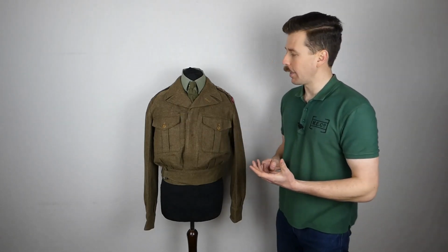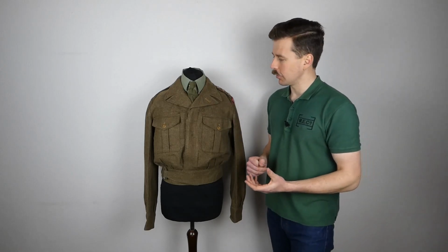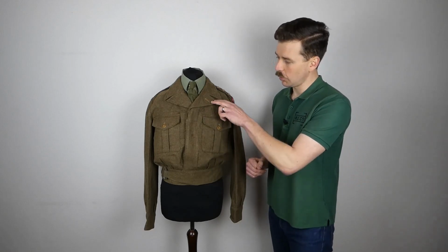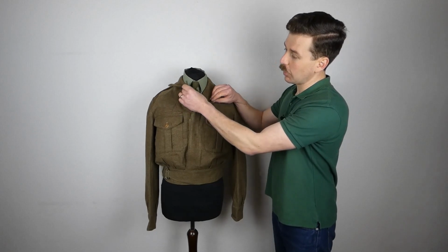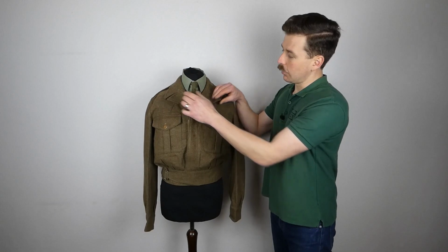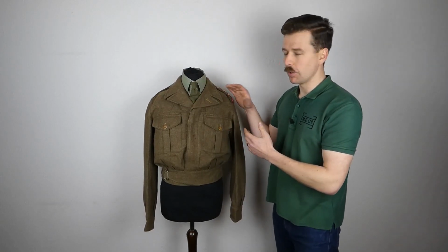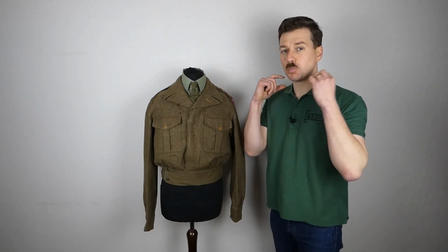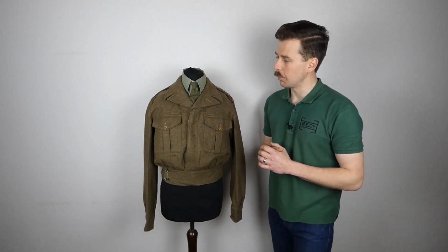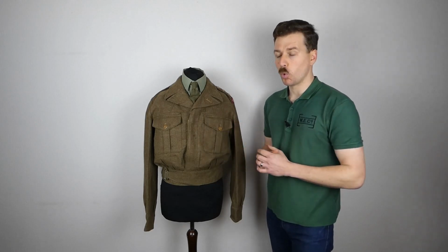out the 1947 pattern. It's not the notched lapels and collar of the 1949 pattern battle dress. It harkens back to a design which could be worn closed. You do have a buttonhole here, of course, and there is a button underneath the lapel on this side as well. Hopefully you can see that there. And when buttoned up, this looks more like a closed collar battle dress. So obviously with the 1949 pattern, you basically end up with a small standing collar. This has more of a stand and fall collar when the collar is fully buttoned up. So it harkens back to the earlier designs in that regard, although it is really designed to be worn open